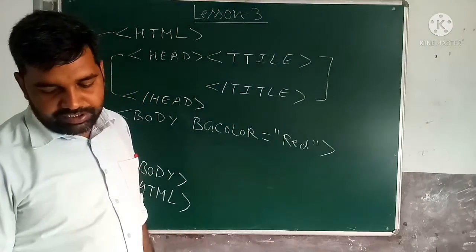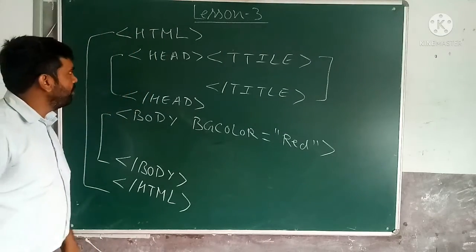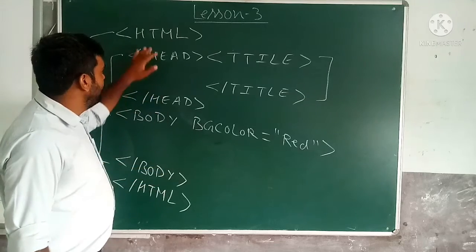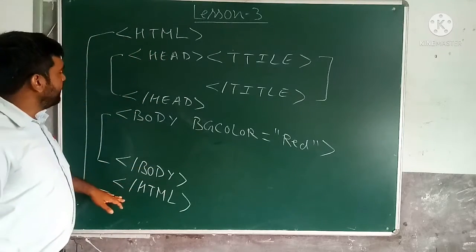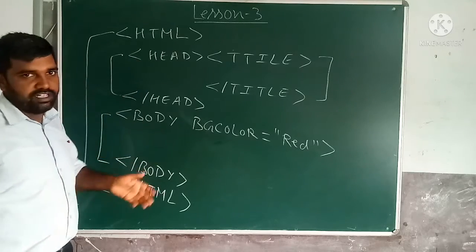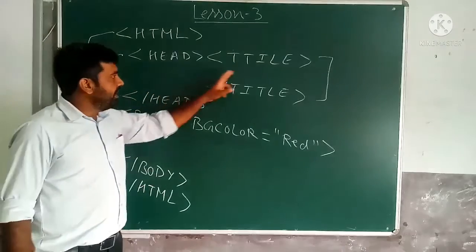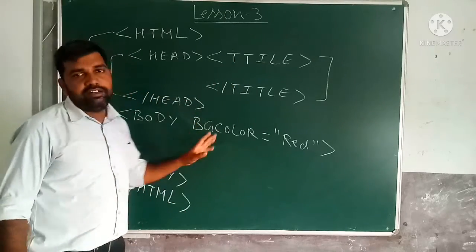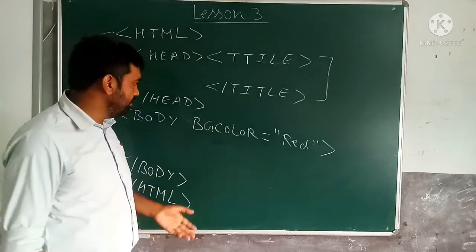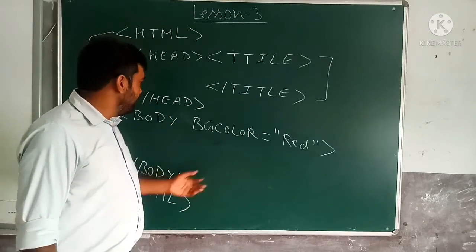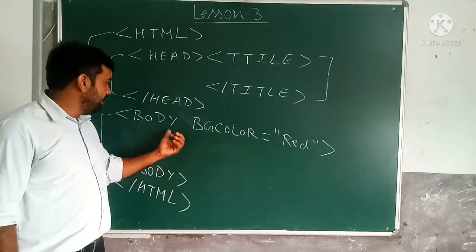Now the HTML document structure, the head section and body section that we have studied. In the HTML document structure, first all the HTML code is written inside the HTML open and close. Now it has a head section and a body section, two sections. Inside the head we write the title. Inside the body, we write the content of the web page. Whatever text, pictures, images, video, audio you want to add on the web page, all those programs, all that syntax, all those instructions we write inside this body.